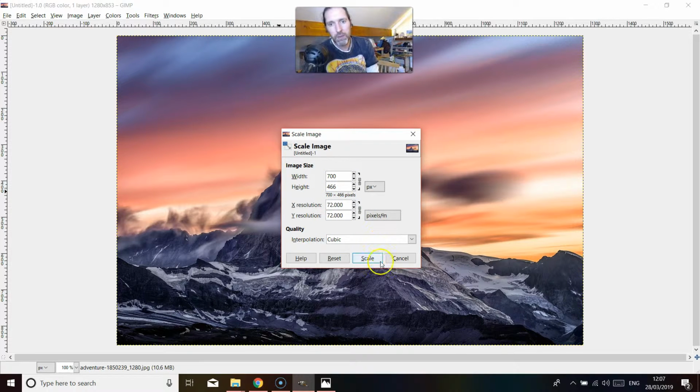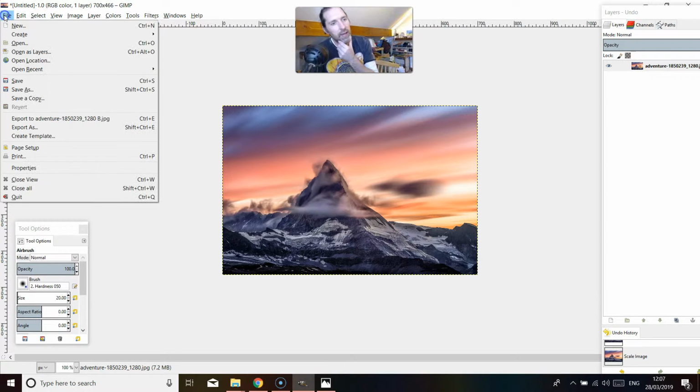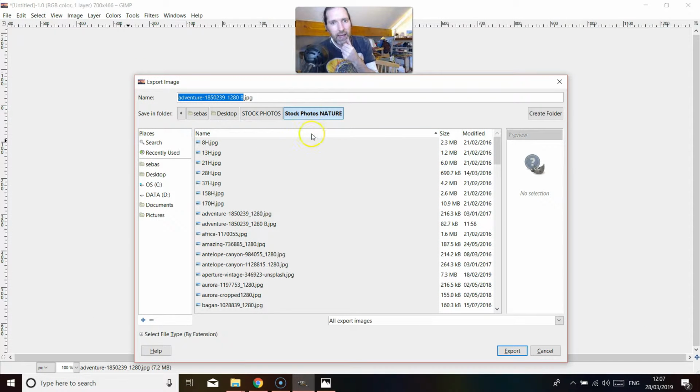We've got 72 pixels per inch as the resolution. I'm going to click scale, and we can see here, because it's on 100%, that's the new size of the image. Okay, so we've got the actual size of the image that we want to have, and I'm going to go over here to export, and let's call it C. Alright, and I'm going to export it,